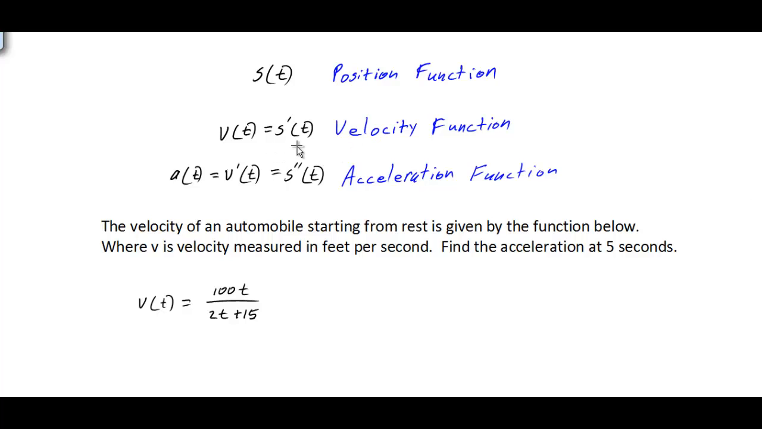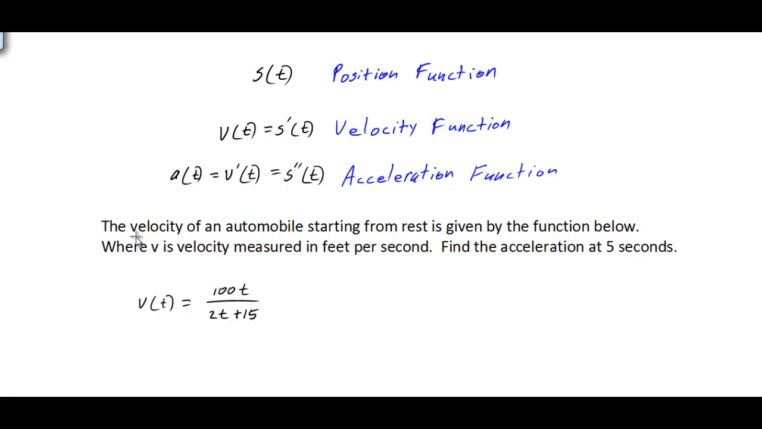And if we take the derivative of the velocity function, which would be the second derivative of the position function, we have the acceleration function. This will tell us the rate at which the object that we're looking at is accelerating. So these are the three main functions that we're going to focus on as far as using our first and